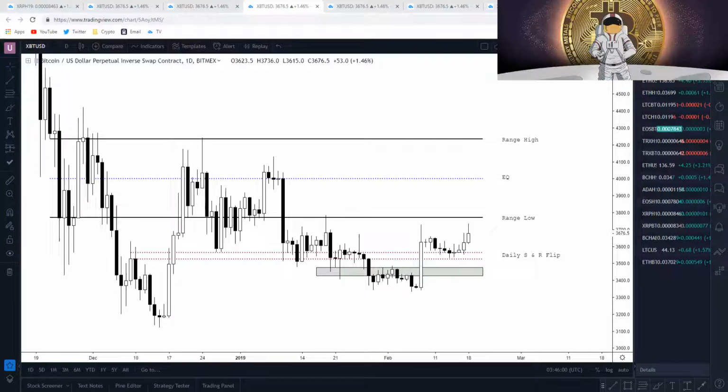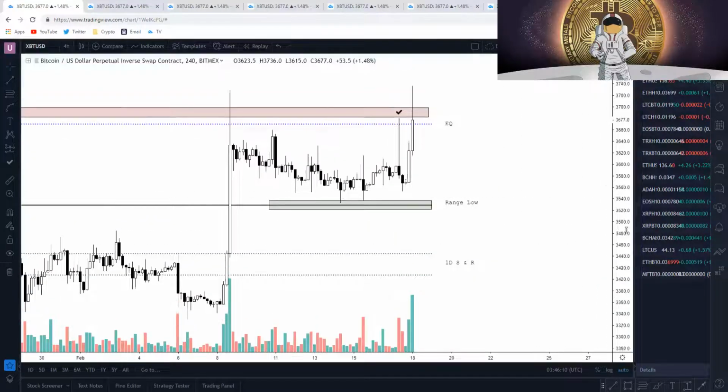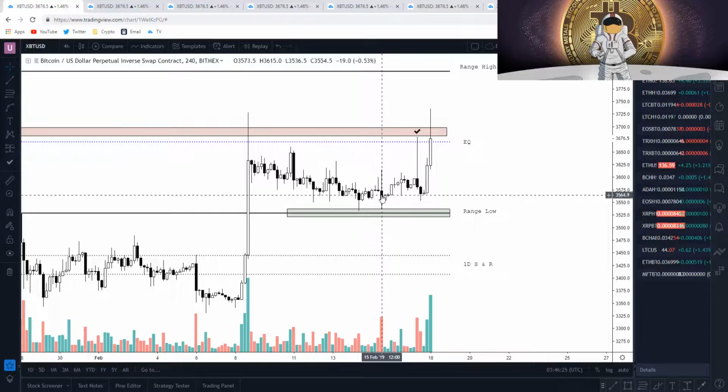So last week in my week ahead video, I said that I was interested in a Bitcoin long at 3530, and if we go to the Bitcoin chart here, this chart is a little bit messy. I haven't looked at a chart all weekend, but you can see the low was actually 35.33. Unfortunately for me, I got too caught up in the lower time frames and I did not enter into a long there. I also had another pending long after all of this at